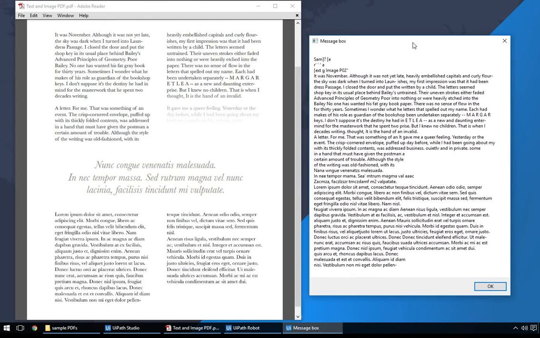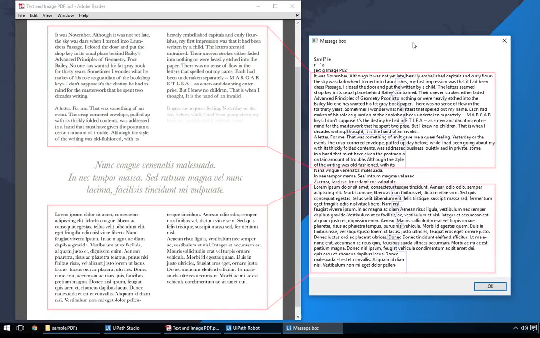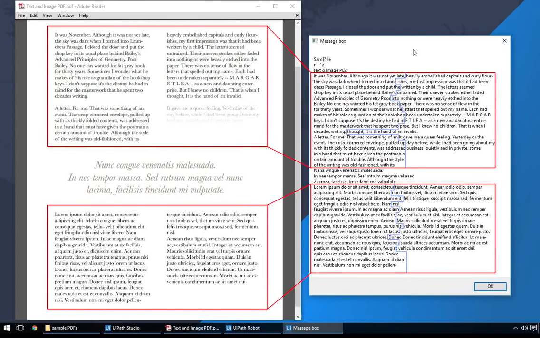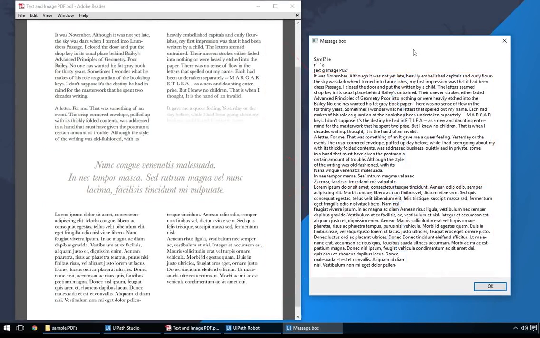Straight away, you can see that the lower half, the image part of the PDF, is now also converted to text, so that's good. But on closer inspection, the two columns for both the text and the image part of the document have been intertwined together. Now that's because OCR is not yet smart enough to automatically recognize the two-column layout in the document. If a certain layout is a recurring pattern, you will see a bit later how to make a special automation